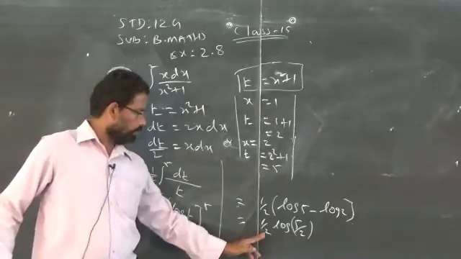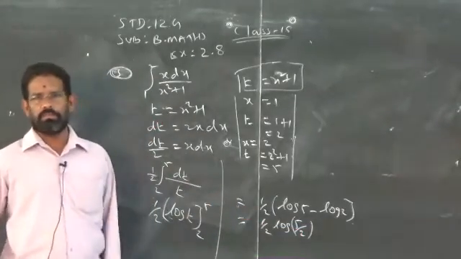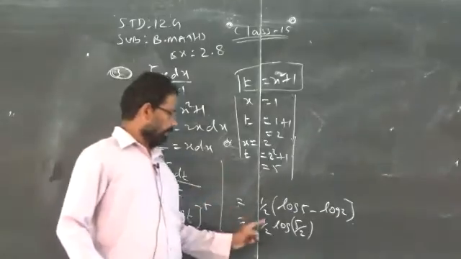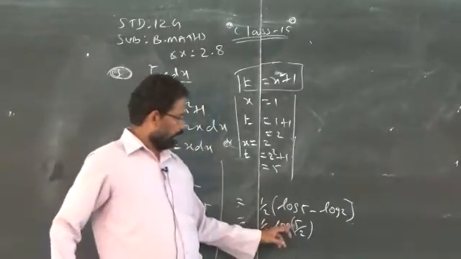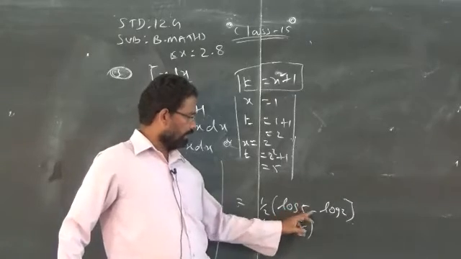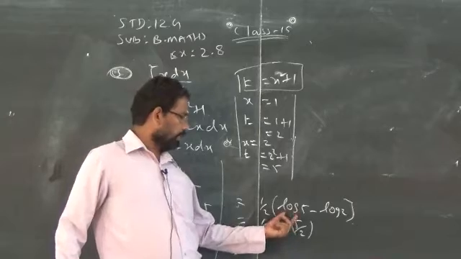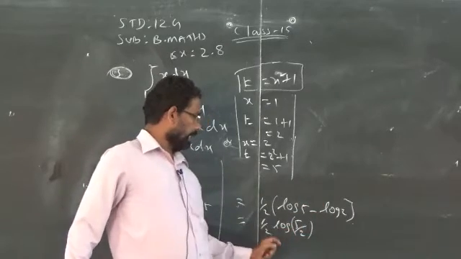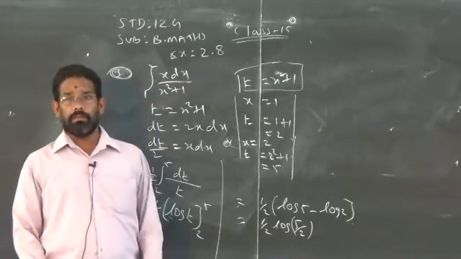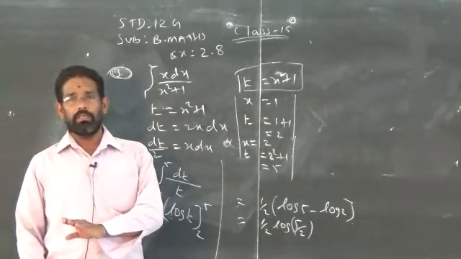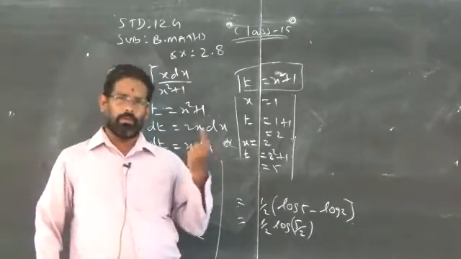If you want to take 1 by 2 as a power, according to the power rule, you can take it, that is your wish, nothing wrong. So 1 by 2 log 5 by 2. How do I write this in division format? Because log a minus log b, there is a formula that we studied in lower classes. Log a minus log b can be written as log a by b. If it is log a plus log b, you can write log a into b. Clear? Product rule, division rule and power rule.